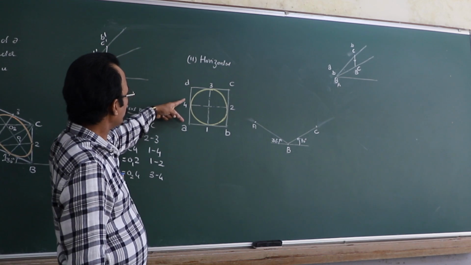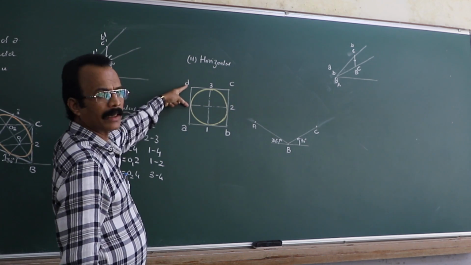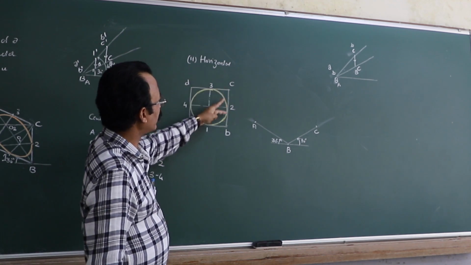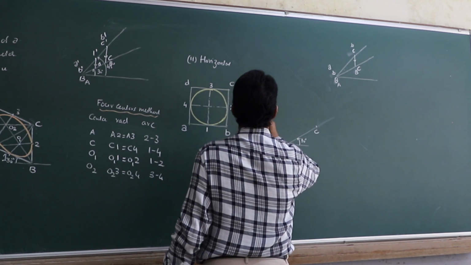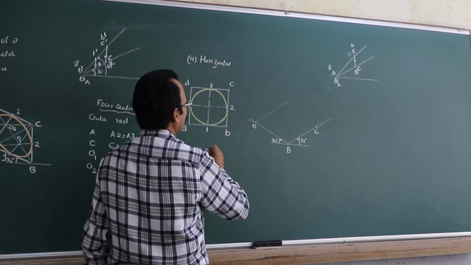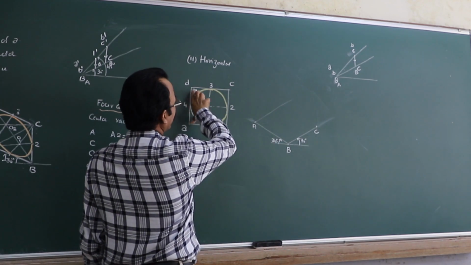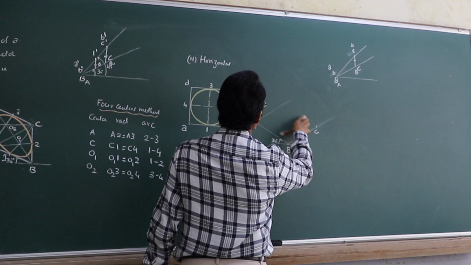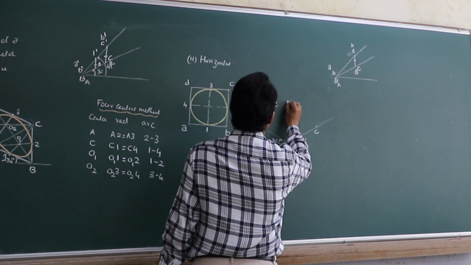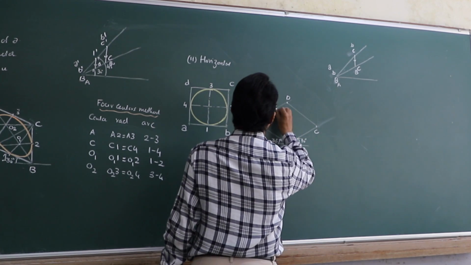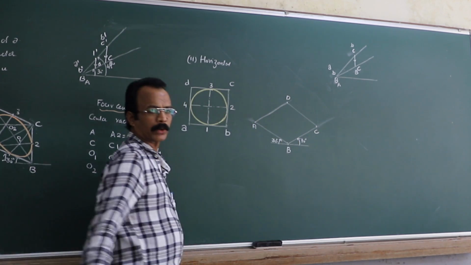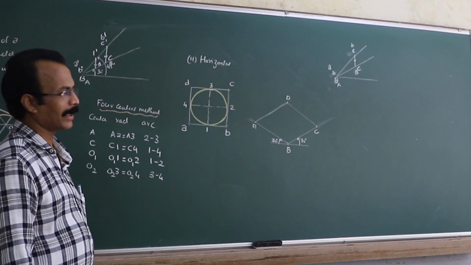Now you take this line AD, right? This AD is parallel to BC. So with the help of your drafter, draw this parallel line there. And you know this length AD will be the same as BC. So you can mark the point D here, and you can complete this isometric projection of the square lamina there.